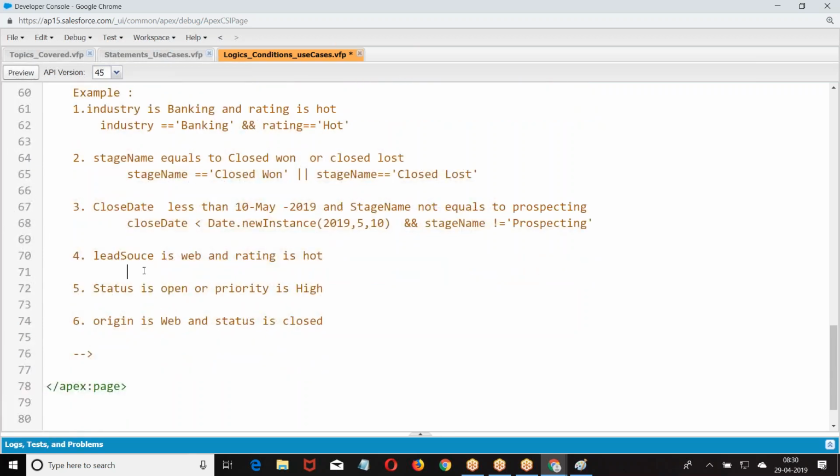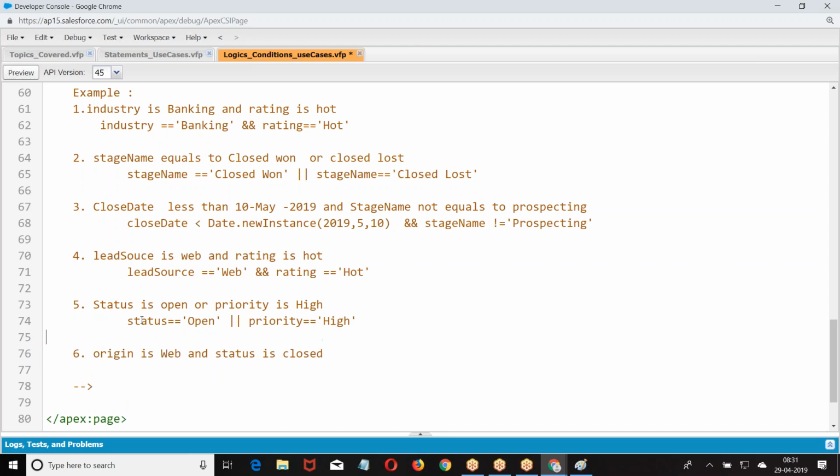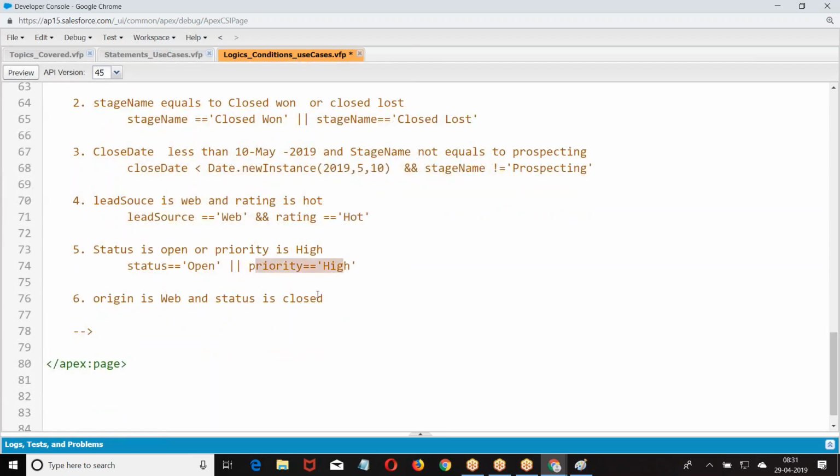Then we had lead source equal to web and status equal to open, or status equal to open, priority equal to, origin equal to web and status equal to.